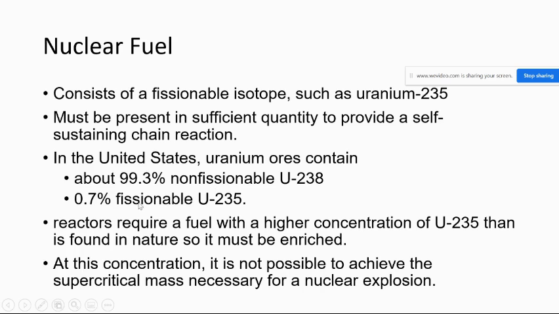So people don't need to worry about somebody coming in, taking over our country and making a bomb out of this. It's not pure enough to make that happen. In order for them to be able to use this material as a bomb, they would have to do something called enrichment. And that's what they were worried about over in Iraq or Iran several years ago. They would go in and inspect those plants to make sure that they weren't trying to enrich that.